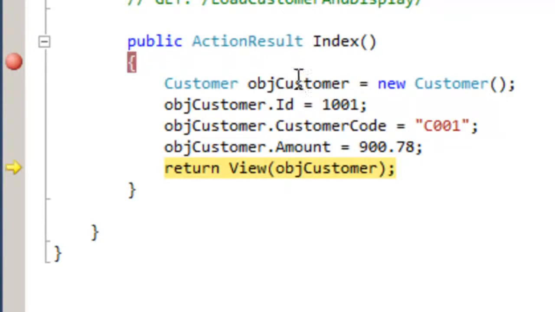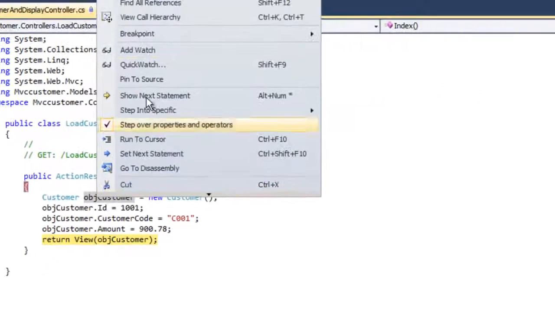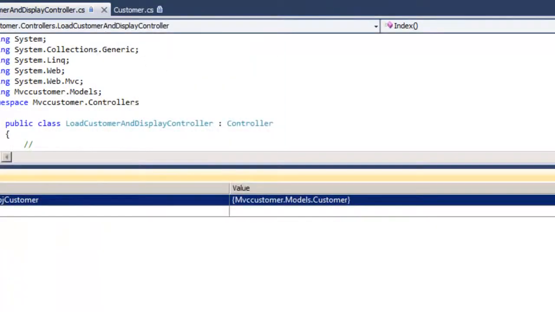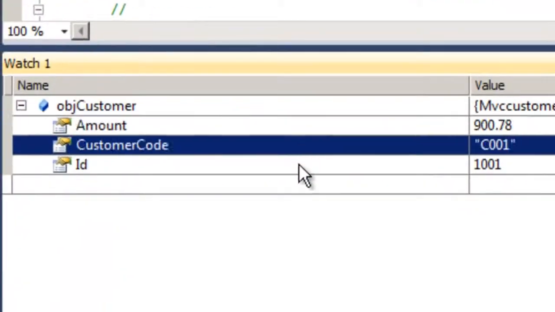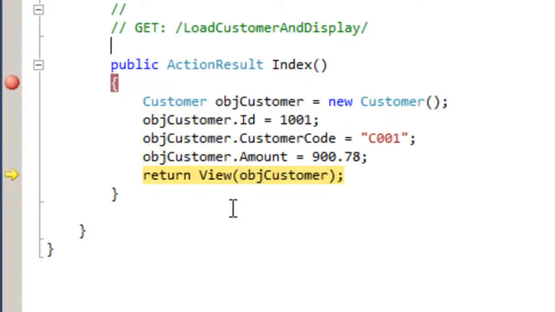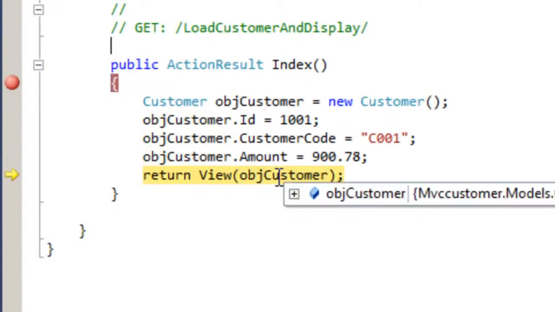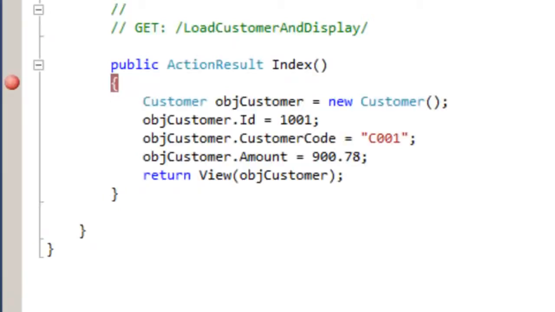So if you go and add this obj customer to the debug point, so let me just go and select the obj customer, add watch. So you can see that basically the obj customer is filled up with these 3 data, and now this filled customer object will be passed to the view. So let's do F11. So now the view will start running.